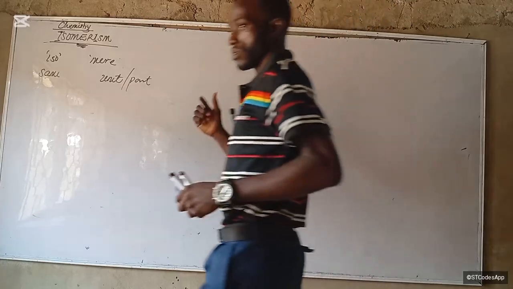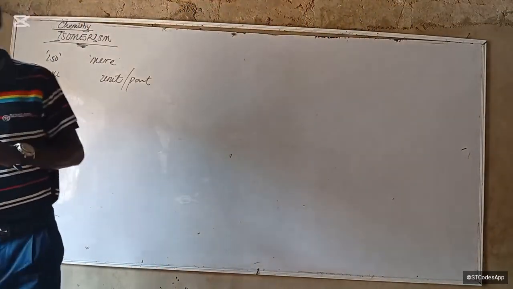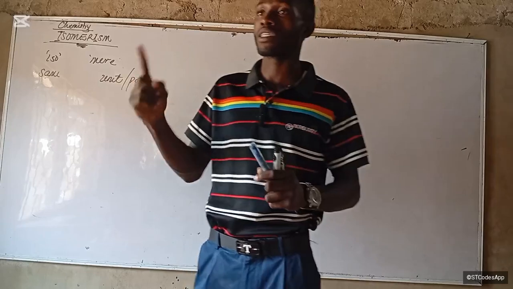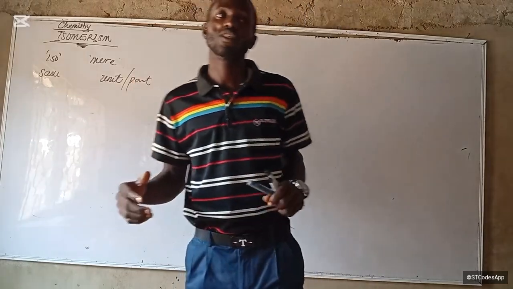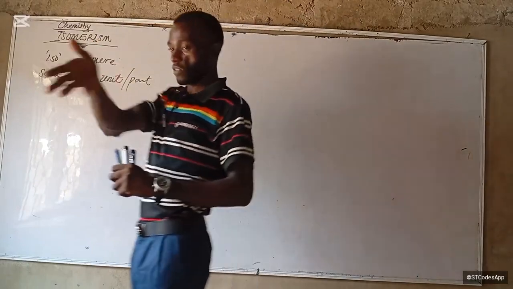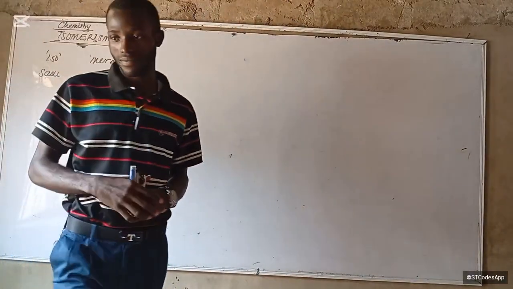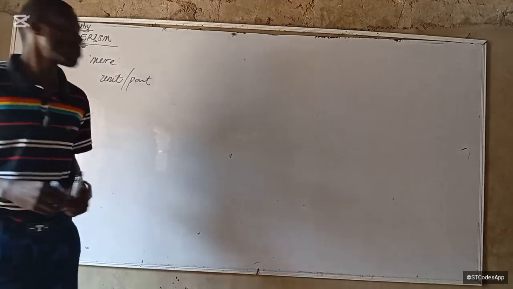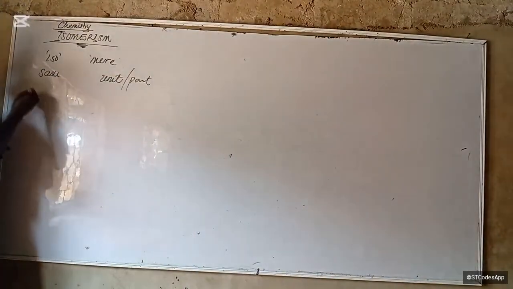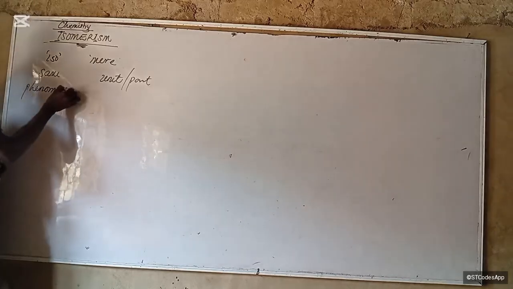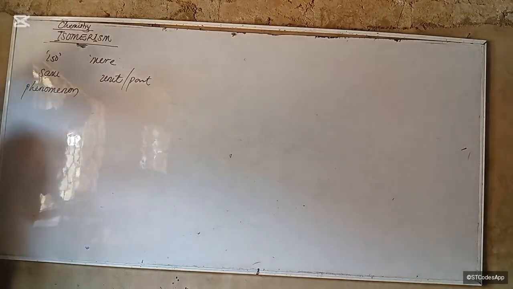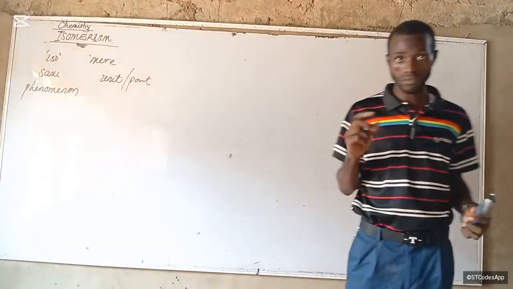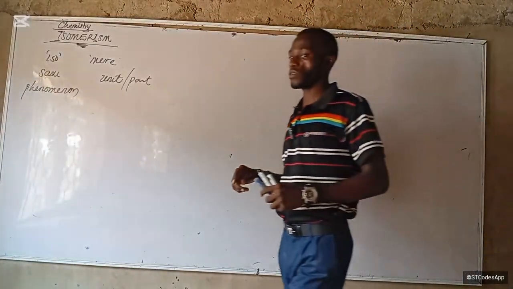Iso meaning same and mer meaning unit. Now, the concept of isomerism is defined in your textbook in the context of just one type of isomerism, but we're going beyond that part today. In your textbook, isomerism is defined as a condition, as a phenomenon in which an organic compound,